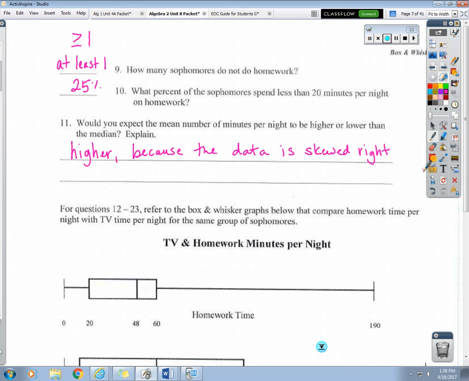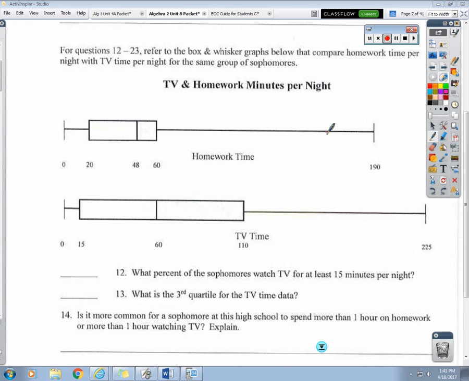Okay, now what I want you to do is try the next one by yourself, TV and homework minutes per night. You're going to work on 12, 13, and 14, just the bottom of page 5. Try that by yourself. For questions 12 through 23, which right now you just did 12 through 14, refer to